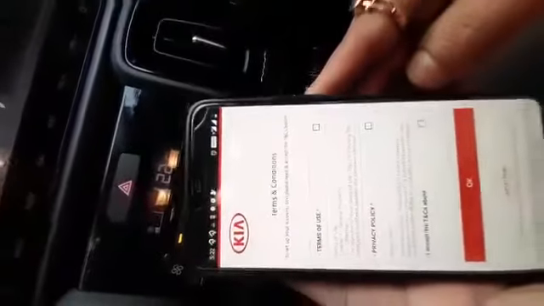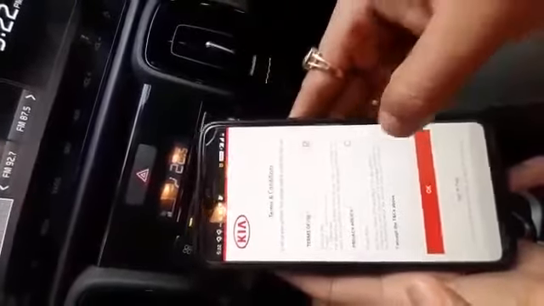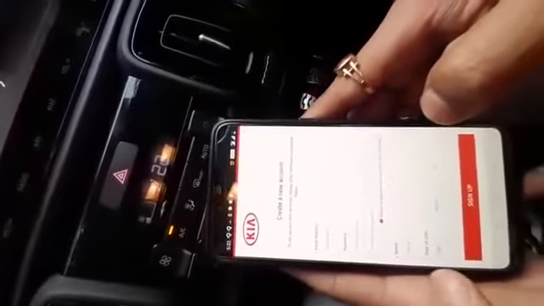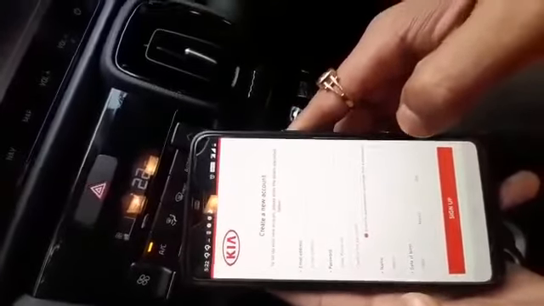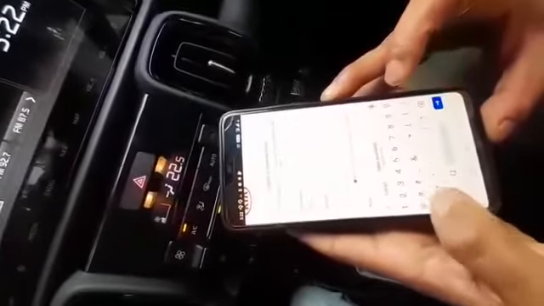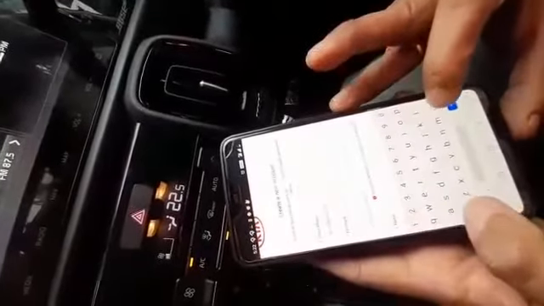Next it will ask me some terms and conditions. So I'm ticking these boxes and agreeing to the terms. I have to just click OK. Now on this page it will ask me to create a new account, where it will ask me my email address. You have to set one password, then you have to input the name and date of birth. So I'm just inputting all this information. For the password, remember it should be alphanumeric with one special character, so set it accordingly.